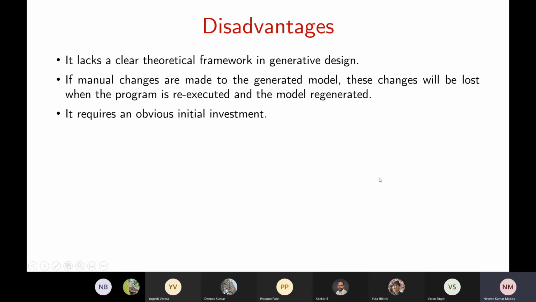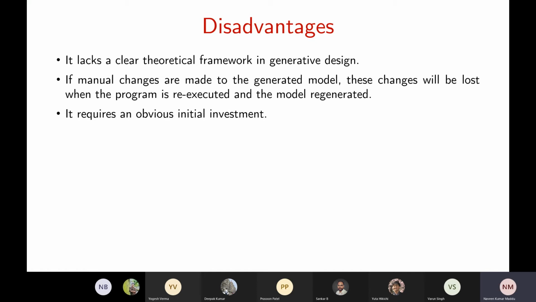So there are some disadvantages here. Obviously there is no proper framework, because at what point you have to start, what is the idea, what would be the initial guess, that would be a very difficult task, because if your initial guess is not up to the mark, maybe your generated design is not in a good shape, maybe you're not satisfied with that, and you don't have any proper knowledge on that. And you have to have lots and lots of time for that, because you're trying to generate so many models and testing, so re-executions are done, so much time is taken there.